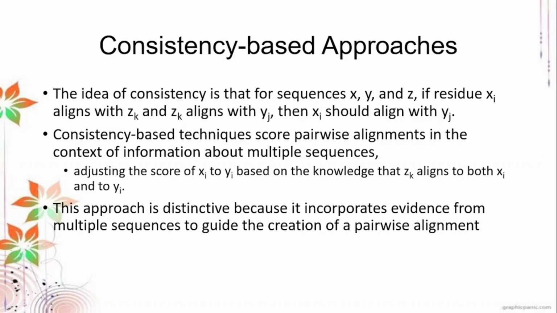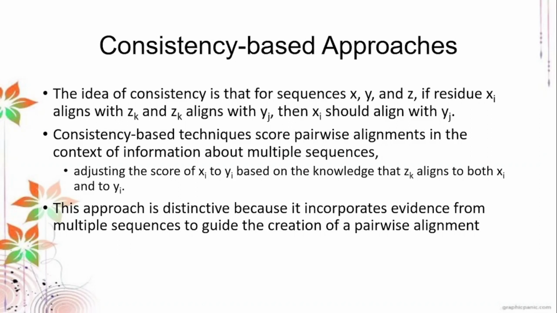So it's basically looking at specific residues that are aligned quite well with one another, and you put that as an anchor and try to align the rest. So consistency-based techniques score pairwise alignments in the context of information about multiple sequences. They adjust the score of x of i to y of j based on the knowledge that z of k aligns to both x of i and y of j. So this approach is quite distinctive because it incorporates evidence from multiple sequences to guide the creation of your pairwise